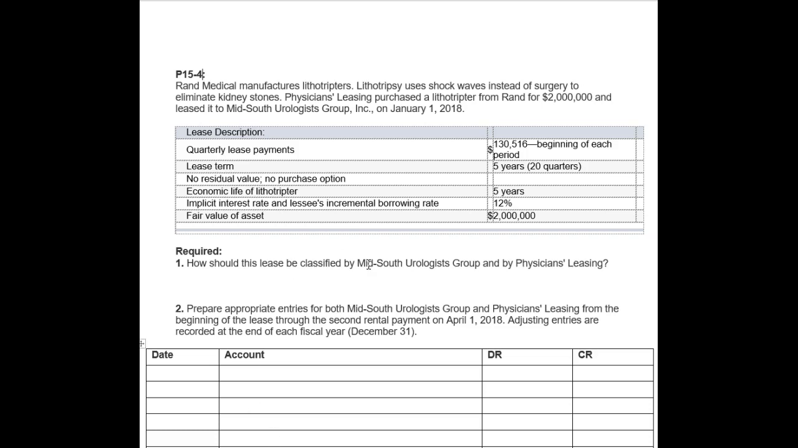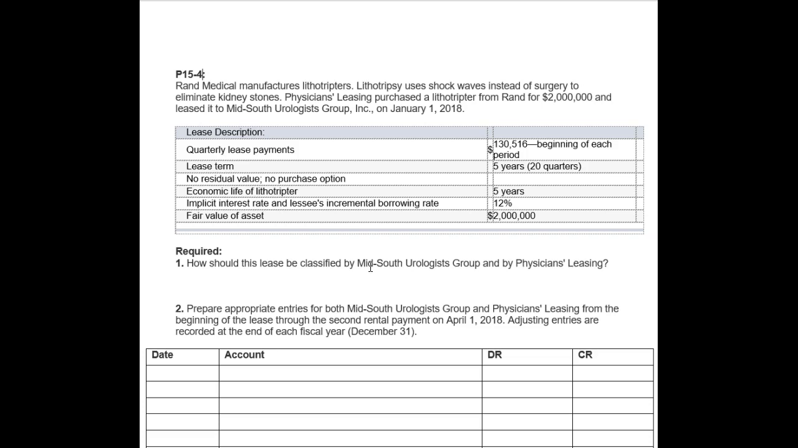How should this lease be classified by Mid-South Urologist and by Physicians Leasing? So let's start with Mid-South. Is this a financing lease? Well, remember the 5 criteria. Number 1, does ownership transfer? There is absolutely no mention of ownership transferring to Mid-South at the end, so Physicians Leasing will get the equipment